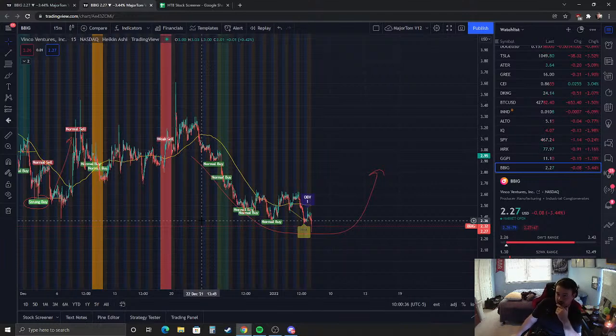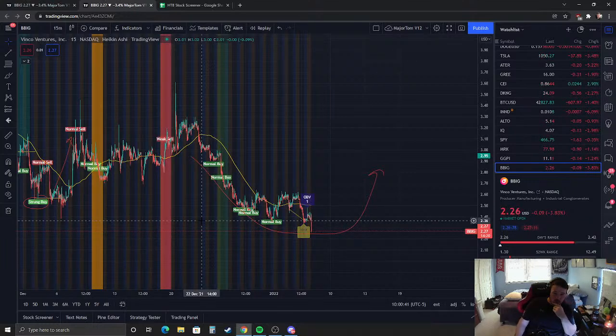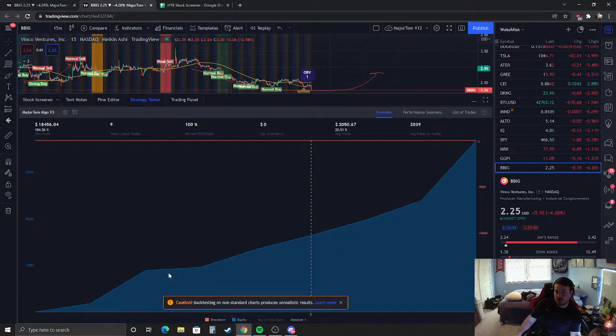For me, I'm doing it as a proof of concept. I see the hedge funds doing it right in my face every day, and it makes me mad. And I've created something where I can fight back, to the point where I'm actually making ridiculous returns. Like I said, I'll show you the strategy tester right there, 184% in like 3 months. If you would just trade this ticker alone and do zero homework on screening stocks every week, you just put it into one ticker and let the algo run.